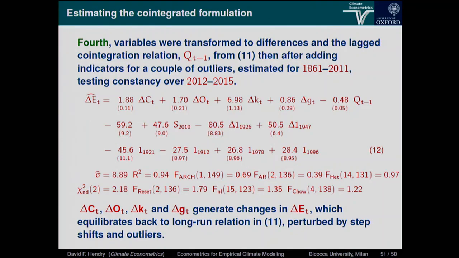And then we come to the model I will dwell on a little bit longer. When you burn coal, you give off CO2. It's slightly smaller than you might expect, 1.88 rather than 2. That might be measurement, it might be exports. Same for oil, that's roughly correct for oil, it's about 1.6. Change in capital is hugely significant. We get 7 units for all the percentage change. Remember, I've actually multiplied K and G by 100, so delta K and delta G here are percentage changes. 7 and 0.86, so capital is vastly more important. Then there's the feedback, which is hugely significant.